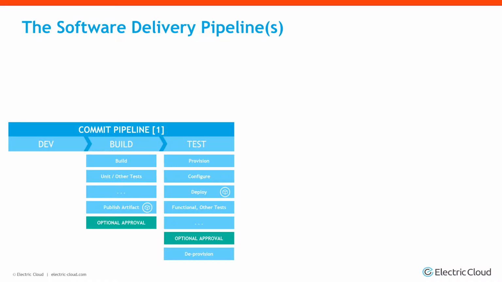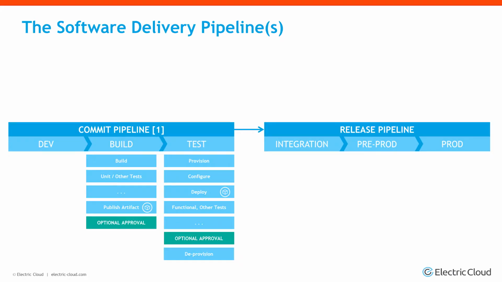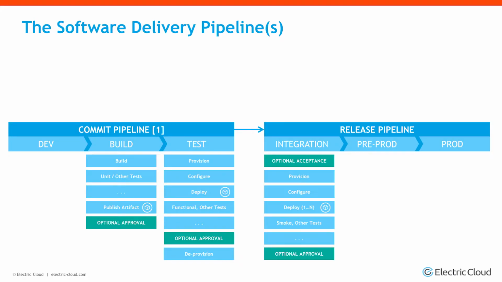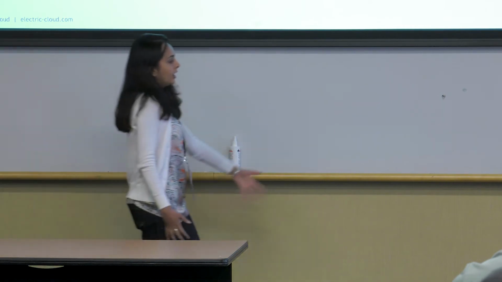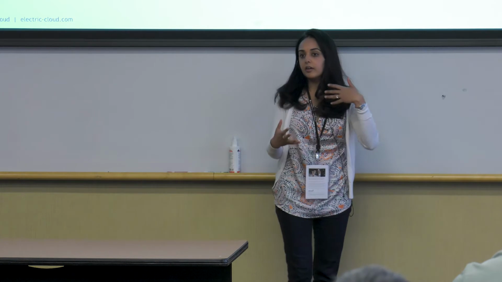There are more steps. You might be using different cloud providers to provision your environments and then configure them, deploy your software, test it out, and then have more approvals. The commit pipeline feeds into your release pipeline, where you continue to have similar steps where you are provisioning, configuring, deploying, maybe multiple applications that need to be coordinated together in a release, and then run your tests and continue down until you get to production, where you might have a more complex approval here, where you're taking your test